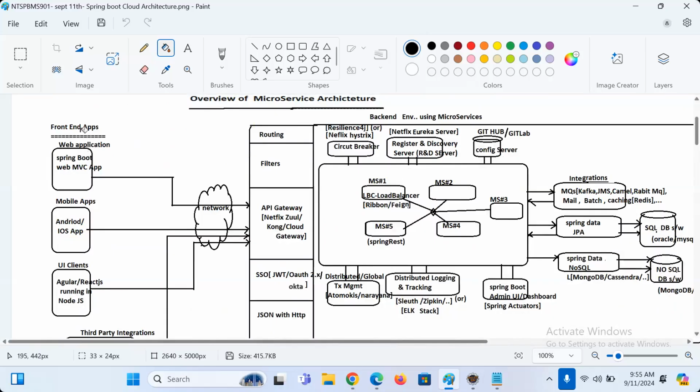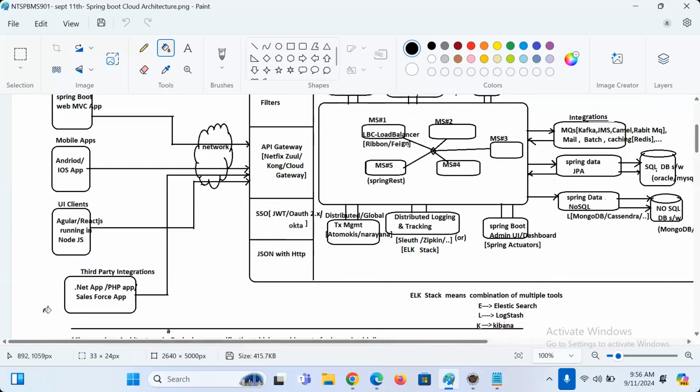And there are different types of front-end applications. The same front-end applications will be there for all microservices. What are the possible front-ends? Web application, mobile application, UI applications, and third-party applications. Third-party also will be there. All these are talking to our microservices through the network, boss.